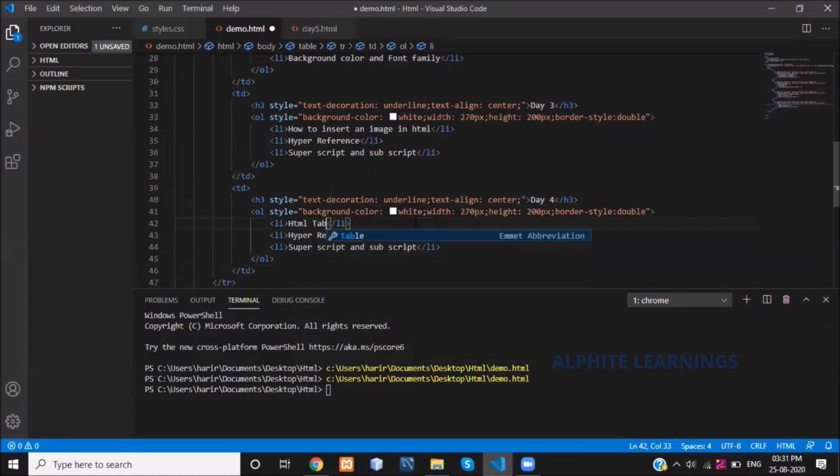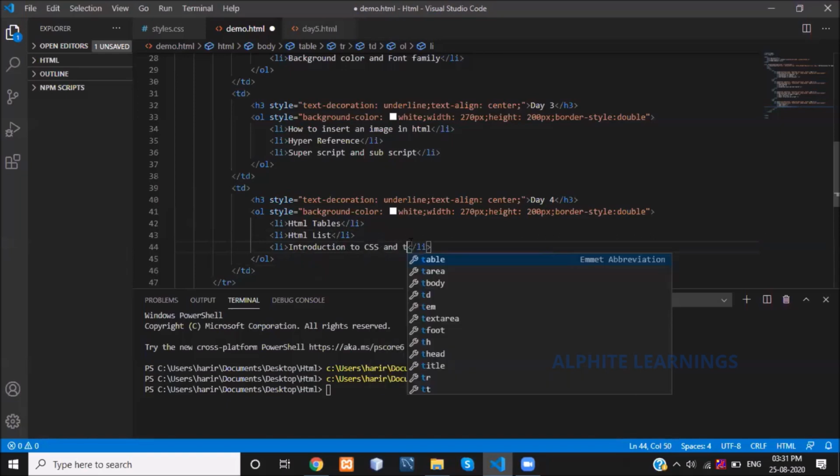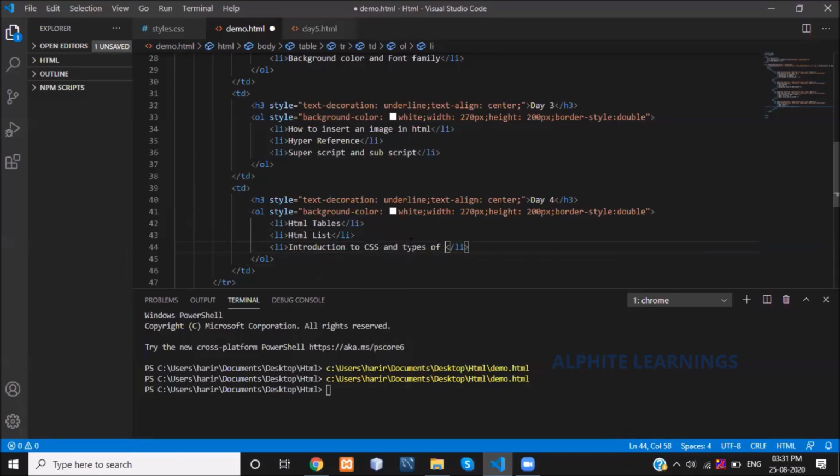HTML tables, right? We have discussed how to insert an HTML table. Then HTML lists, how to give the ordered list and unordered list, right? So that's what we have discussed. Then, I have given you the introduction to CSS, right? And types of CSS.